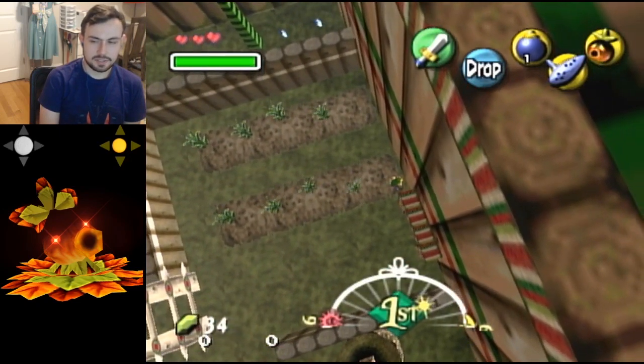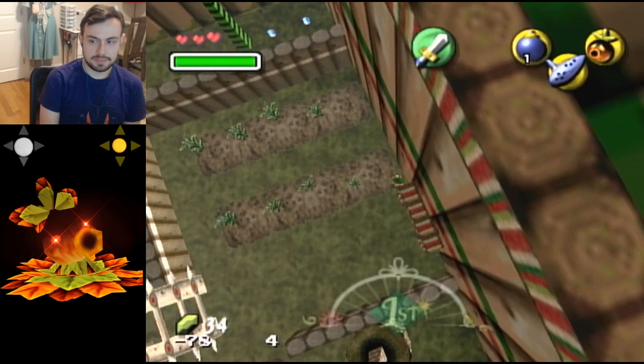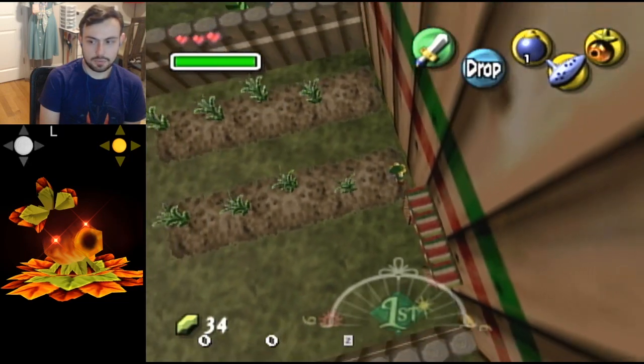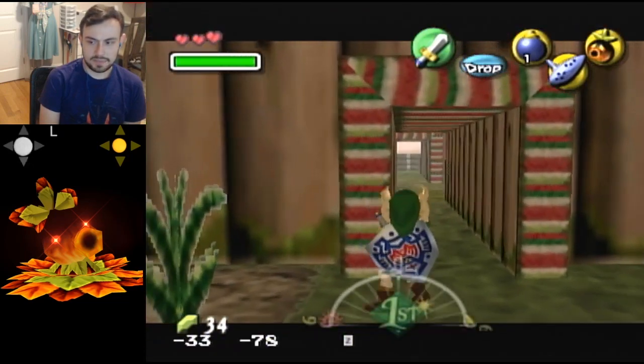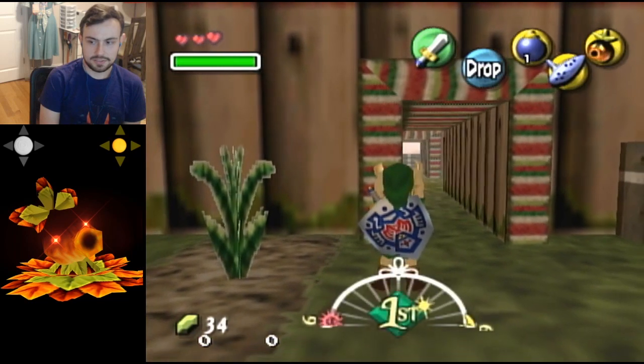Finally, this last one takes you to the sewers exit of Pirate's Fortress. And it's very similar to the first Moonwarp, except instead of targeting the door frame, you target the wall. And that's what makes the difference, basically. So target the wall,